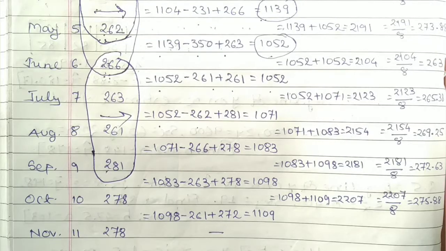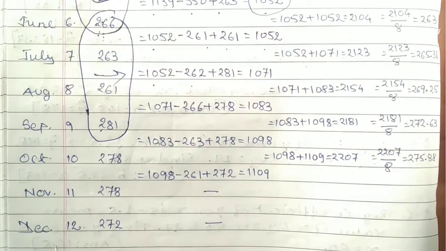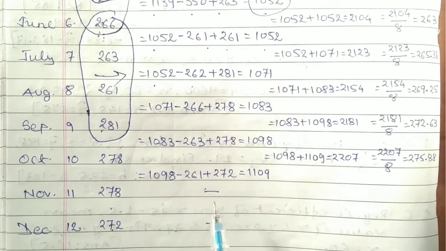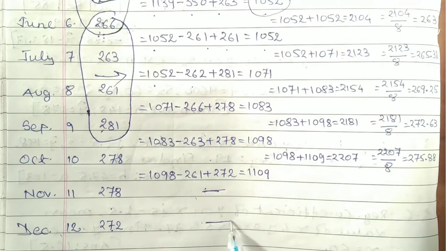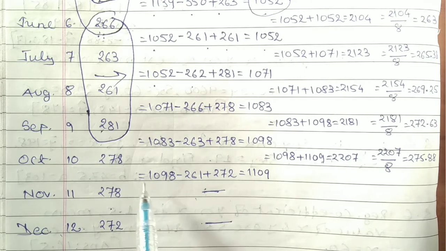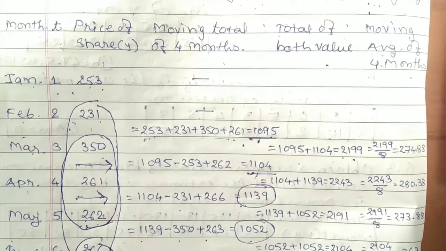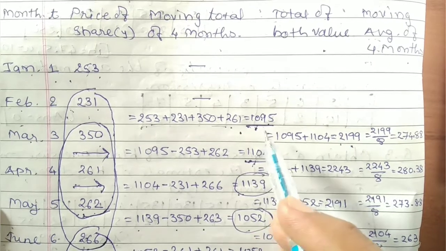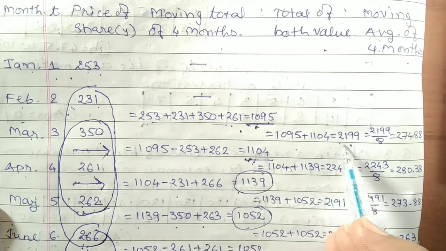Now, by finding out the same totaling on the basis of the data given to you, this is up to December. For the calculation which we have done here, in the first 2 years and last 2 years we are not having any kind of totaling. So after finding the total of 4 monthly amounts, now we are about to find the average of 2 consecutive totals. That is 1095 plus 1104, that comes to 2199.